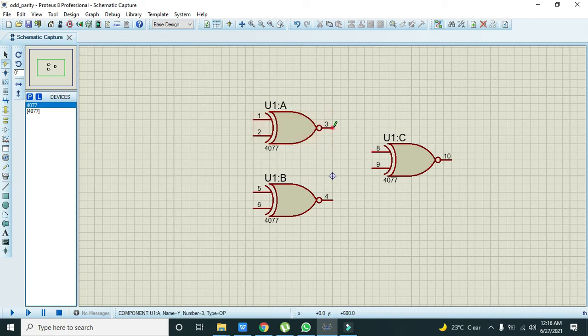What you need is to put the first XNOR gate's output to the input of the second XNOR gate. Then you need to do the same for the second XNOR gate. So both the outputs are going into the inputs of the last XNOR gate.